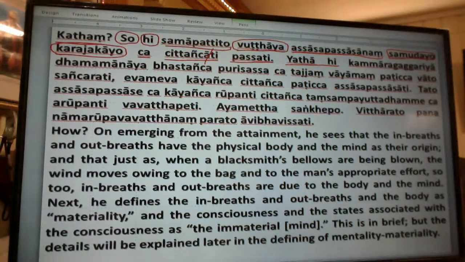That situation. So here the example is a Kamara Kakriya. Kamara is a smith, blacksmith. Kakriya is